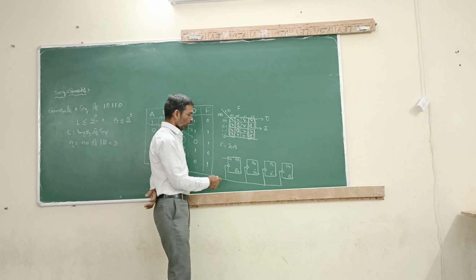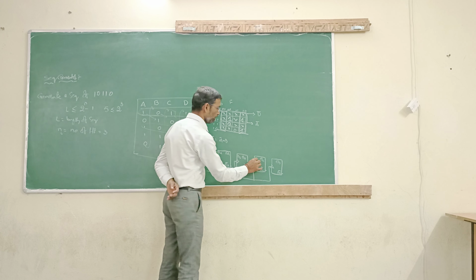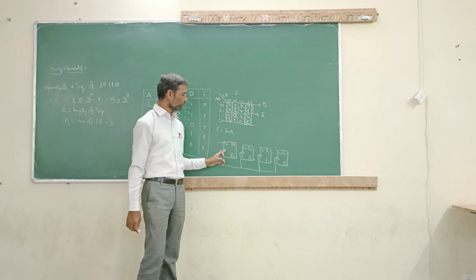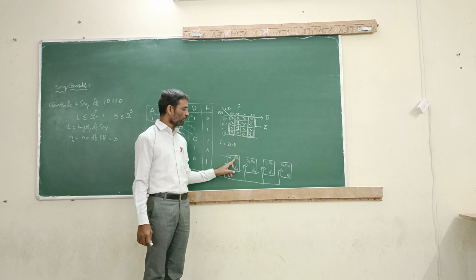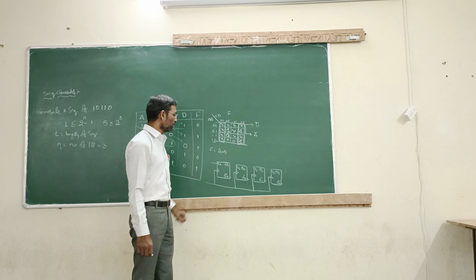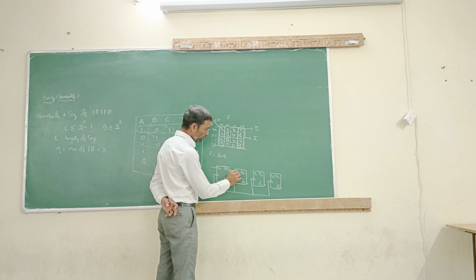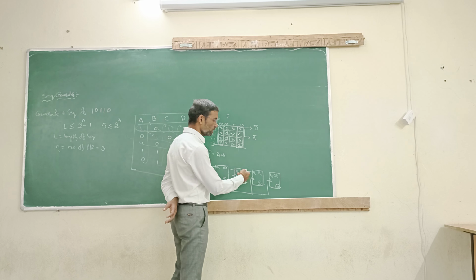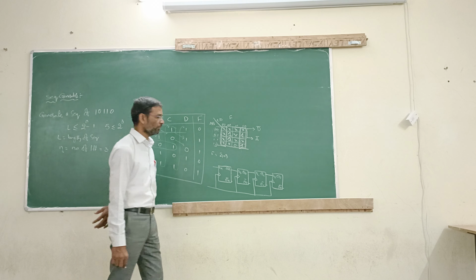Here we have total 4 flip-flops. This is nothing but DB. Okay. Second flip-flop. We are using here D flip-flops. Okay. D flip-flop is having a clock signal, and the input is nothing but DA, first flip-flop, and the output is two outputs. One is QA and QA bar. Okay. Here we have to give the very first flip-flop output to the input to the second flip-flop. Similarly, second flip-flop output is input to the third flip-flop. Similarly, third one is input to the fourth flip-flop. And here we are going to get